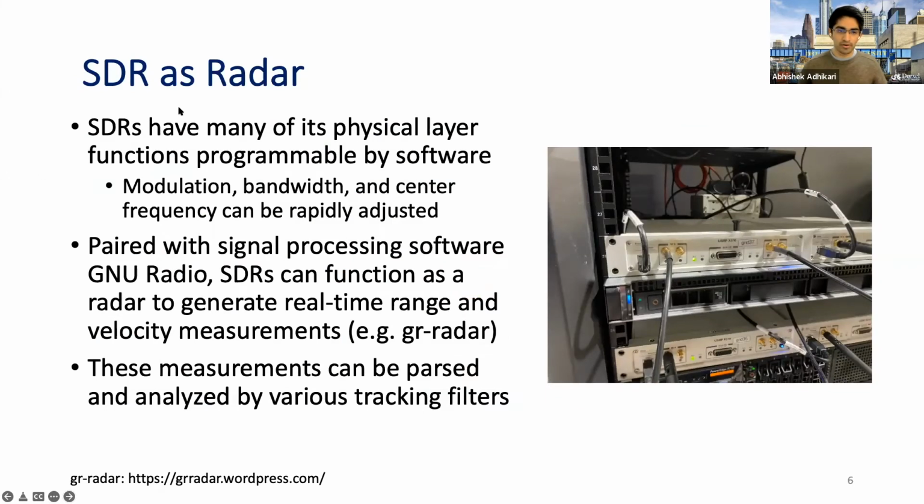So software-defined radio as radar is useful because it has many of its physical layer functions programmable by software. So things like modulation, bandwidth, and center frequency can be rapidly adjusted. Sort of a limitation is that the bandwidth is limited in software-defined radio, but the ability to configure these radar environments and architectures to test algorithms, at least at an initial stage, in a rapid manner, sort of is what helps weigh out the limitation of the limited